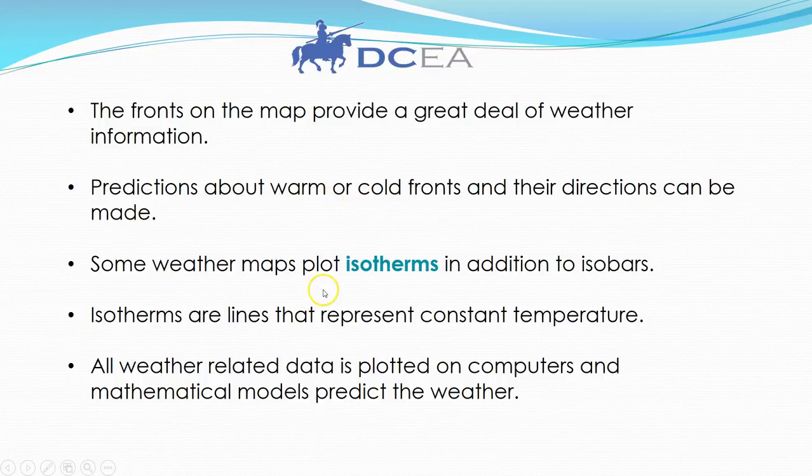Some weather maps plot isotherms also in addition to isobars. Isotherms are lines that represent constant temperature. All weather-related data is plotted on computers, and mathematical models predict the weather. What your meteorologist does is he looks at those models, and I've heard them say on the news that they look at up to 10 models